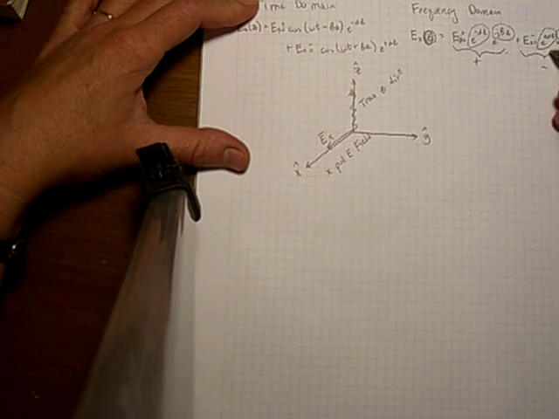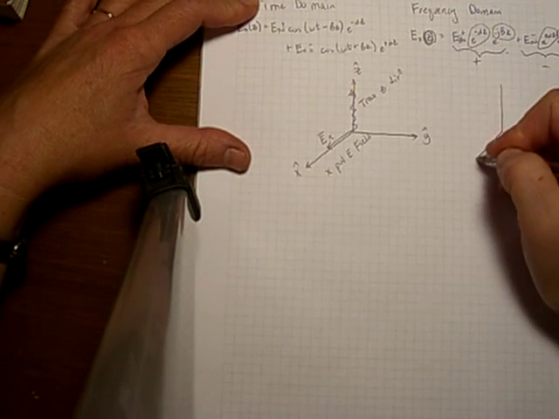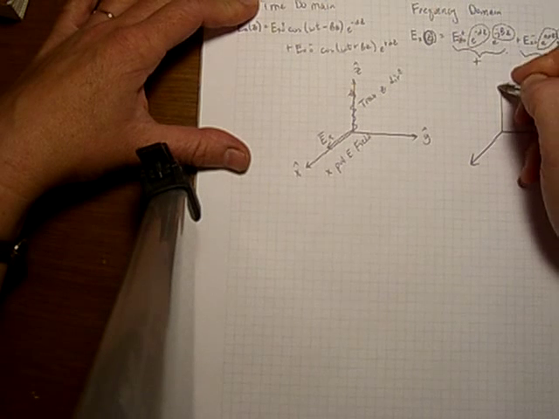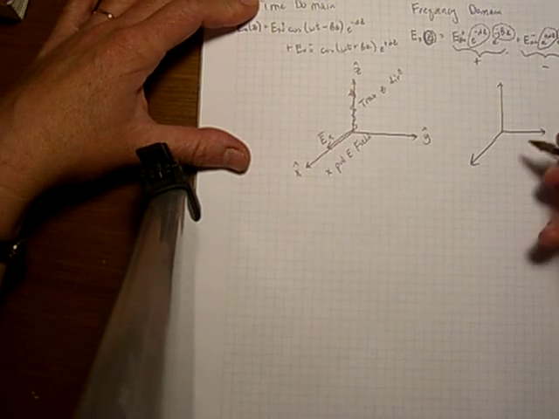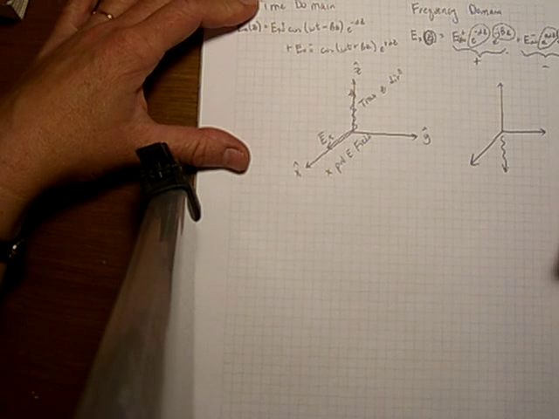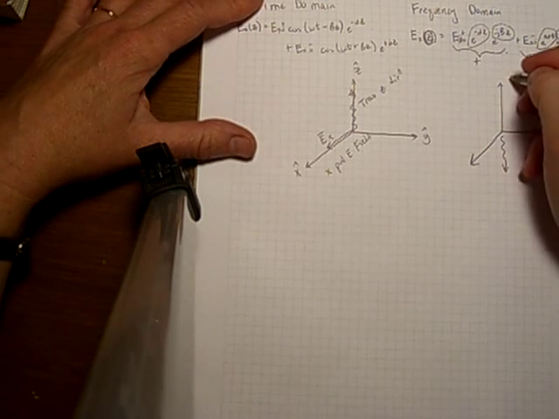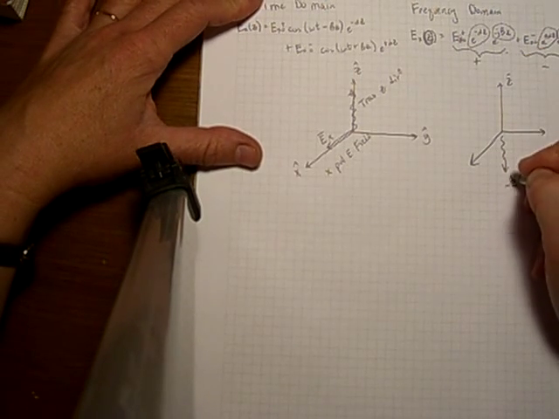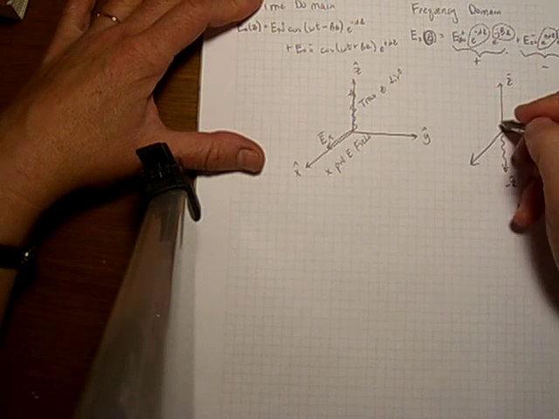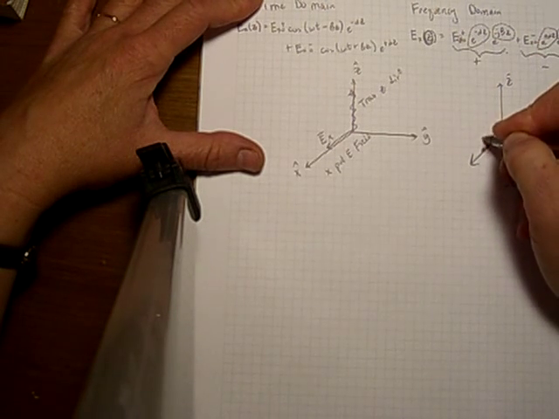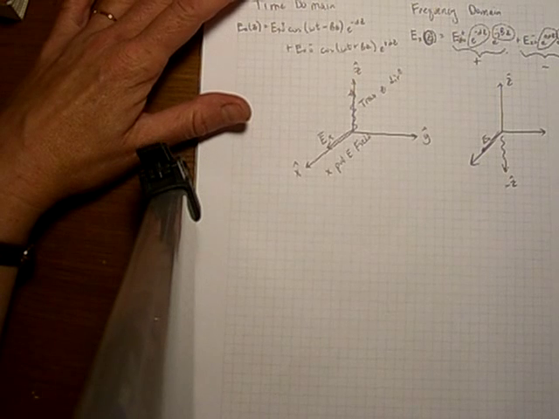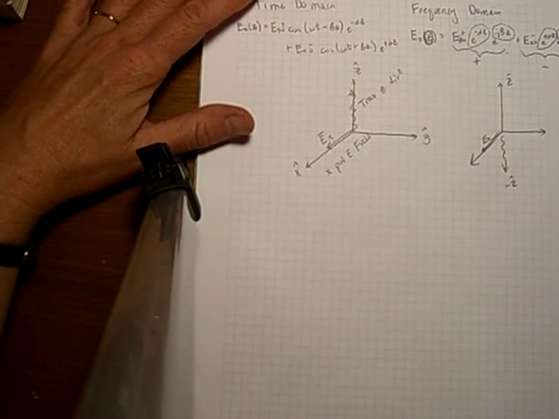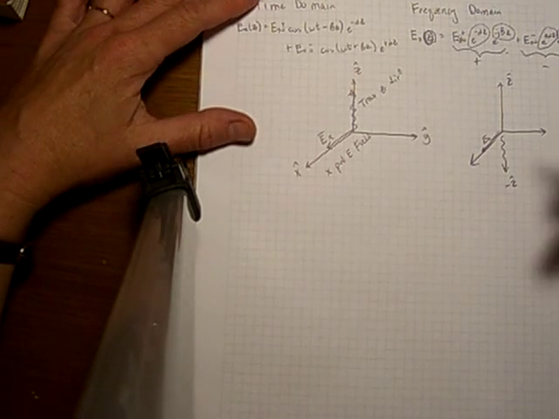Now if we analyze this term right here, the reflected field, again we have our x, y, and z. This is going in the negative z direction. So this is a wave that is traveling in the negative z direction, but it is still x-polarized. Here is our electric field polarized in the x direction. The polarization tells us where the electric field vector lies.